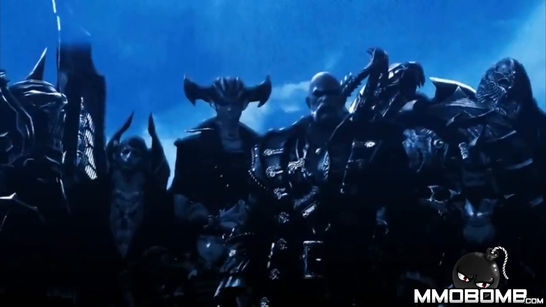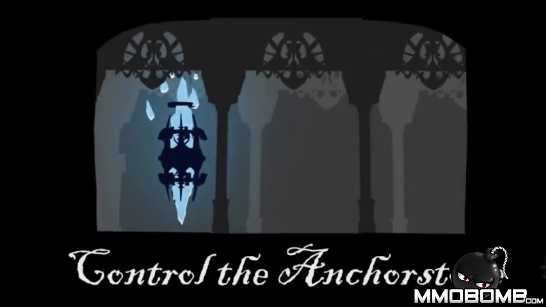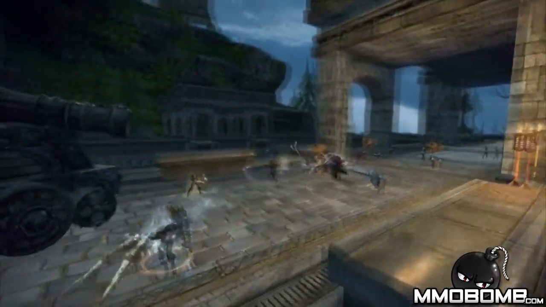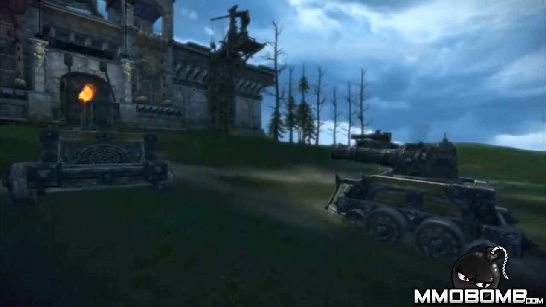Terra has added a new PvP battleground called Corsair's Stronghold. The multi-phase mode is available to all players starting at level 30 and pits 2 teams of 20 in an all-out attack and defense scenario filled with battle tanks, airships, cannons, and siege ladders. Each team will take turns attempting to capture and defend the Anchorstone objective, which is fortified inside a large imposing